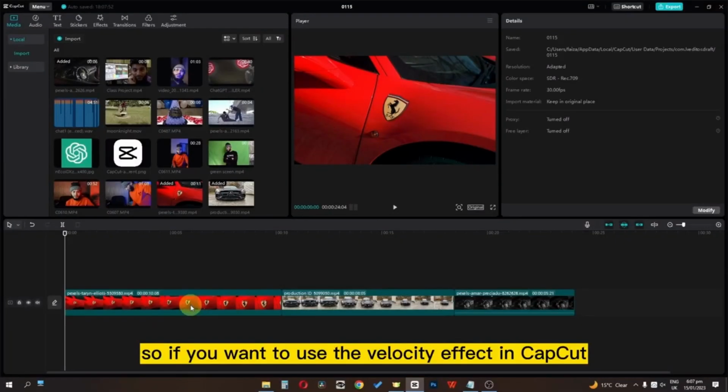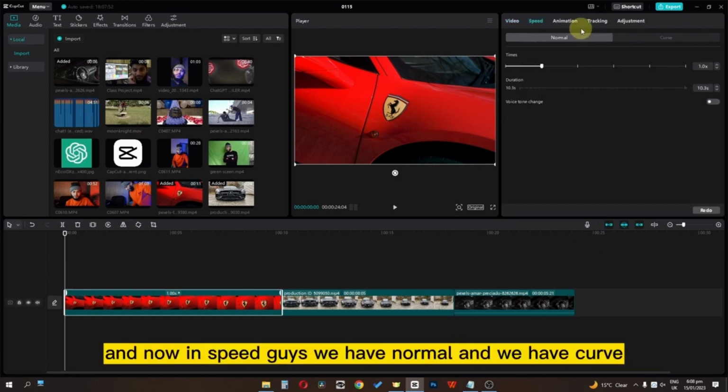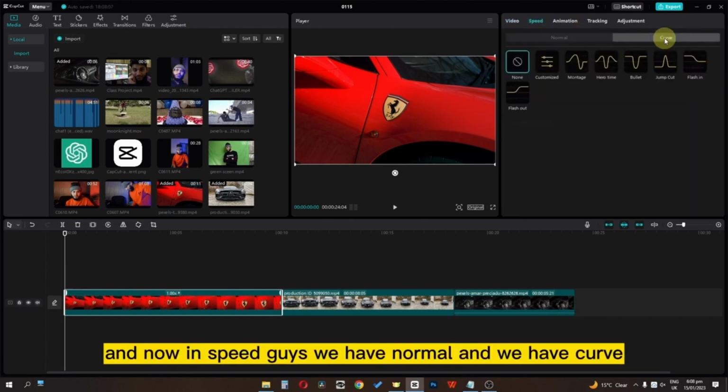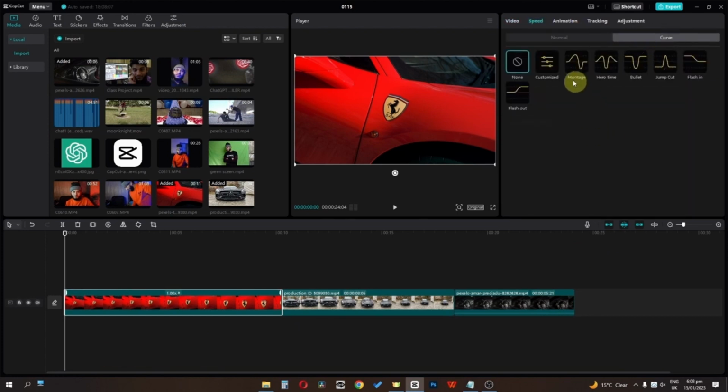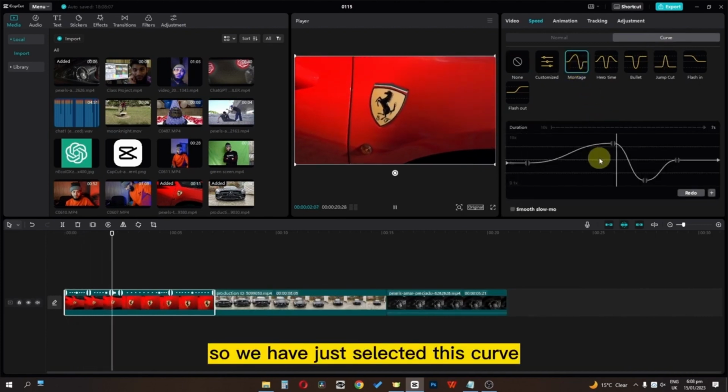So if you want to use the velocity effect in CapCut, or if you want to use the speed ramp effect, then you have to select a clip and go to the speed. And now in speed, guys, we have normal and we have curve. So you have to go to the curve and you can select a curve. So we have just selected this curve,